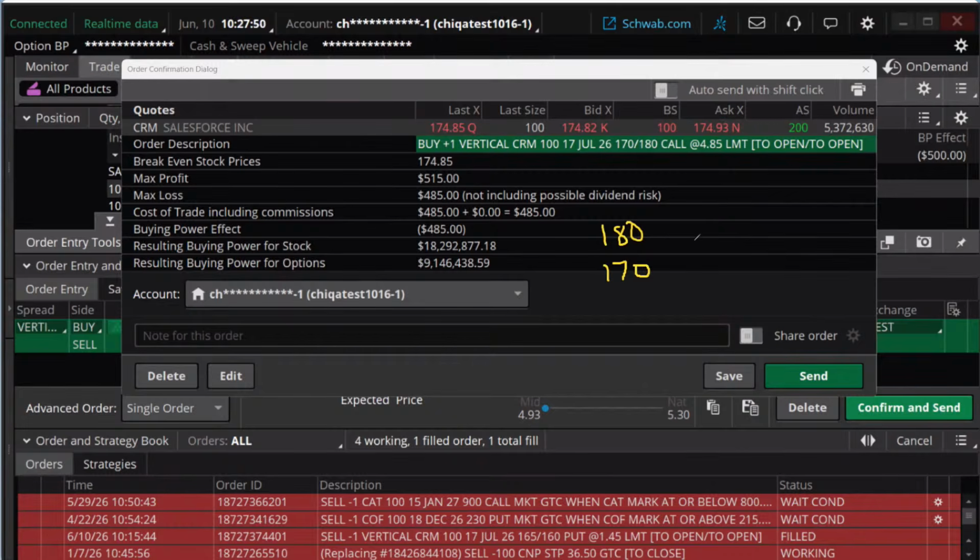Let's consider what the difference would be if instead we did a 185, 175. How would that change the trade? It would make our target higher, our max loss and max gain points higher. We're more bullish. It's a lower probability trade, but it would shift this significantly. Our max profit would go up significantly. Our max loss would go down significantly.